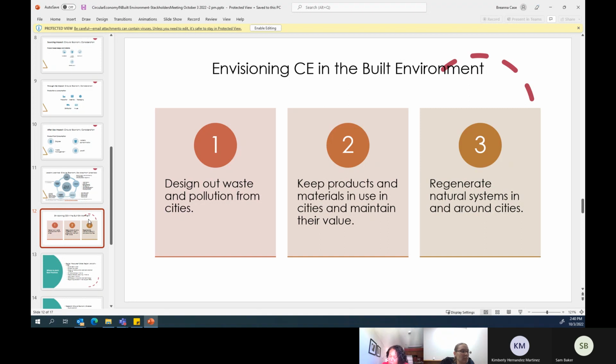So now regenerating natural systems in and around the city means we go beyond protecting the natural environment, creating a closed loop system that actively feeds natural resources back to the planet or back to our system.